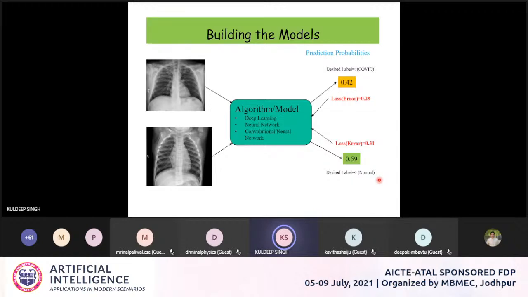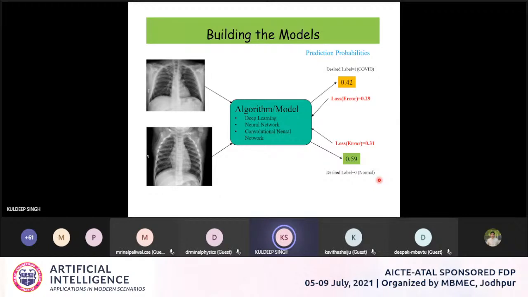So initially we will provide some examples. There will be error and that will be very high. We backpropagate that error to this model in such a way that the parameters or the weights of this model are adjusted, and in the next iteration this error will be reduced. And slowly, it's an iterative process. After a certain number of iterations, this error will approach towards 0.